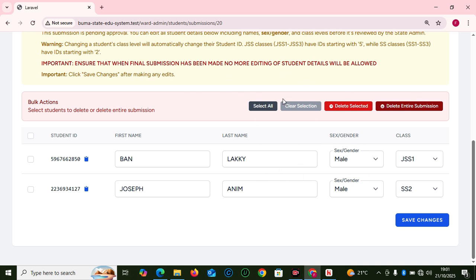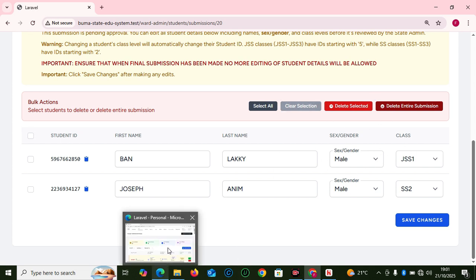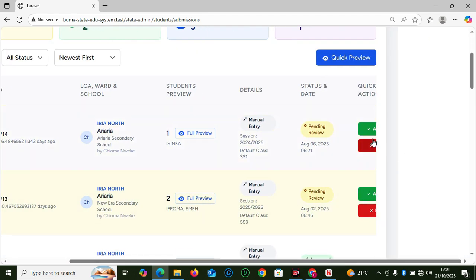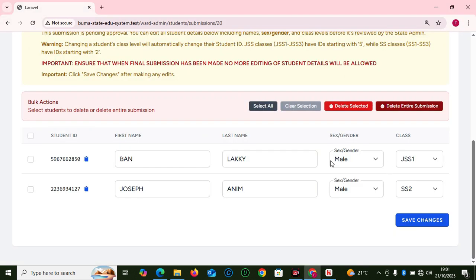But when the state admin approves the submission, then there can't be any changes here. So you can edit here as long as the submission is still pending. The ward admin can edit the student information. So now let's assume we have sent this